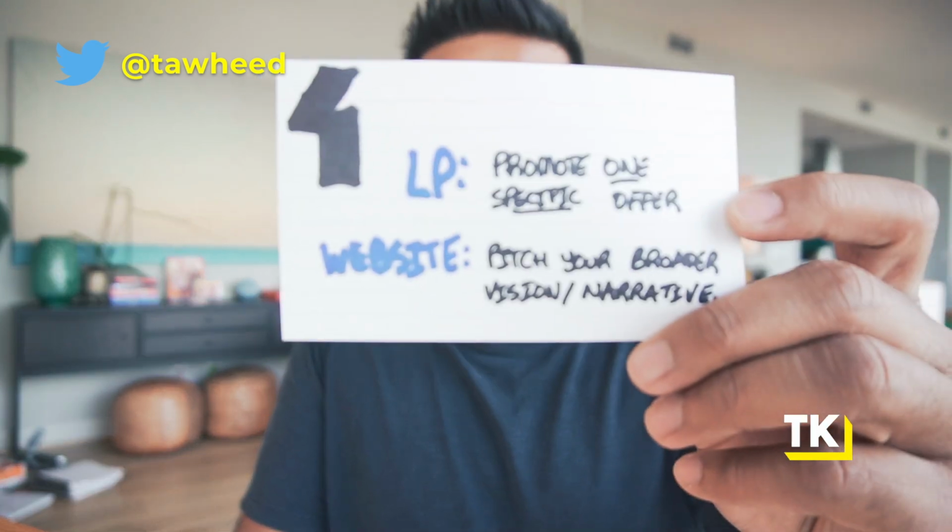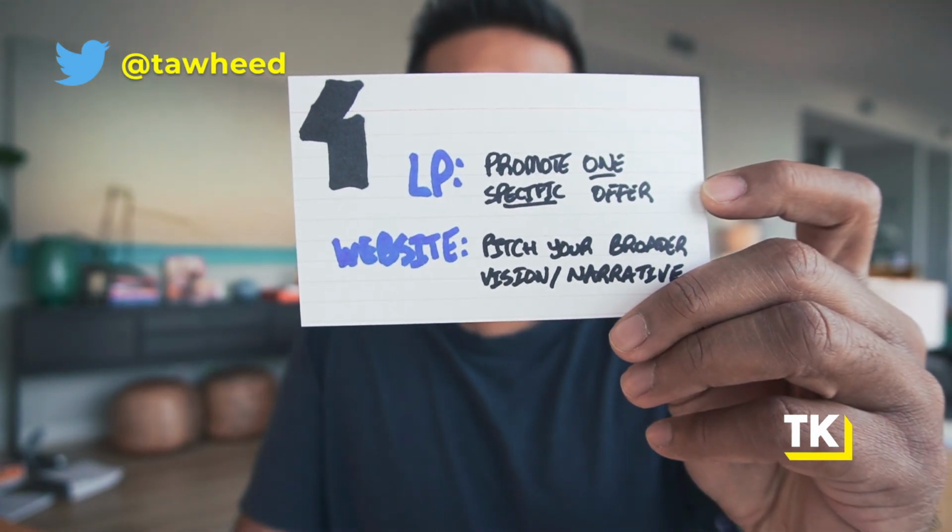You want to have the website that's pitching the broader vision, the why, why you exist, and what the true value you're providing is. But also you want to have the landing page like, hey, you want to grow your SaaS business? Well, I serve SaaS founders, we help you grow your SaaS business, so here's my 5-point SaaS growth strategy guide. So you want to promote one specific offer. That's one core difference. And hopefully by now you start to nail in on it: it's not one or the other. You want to use both. The website links to the landing pages, but the landing pages are used in specific ways. The website is used in specific ways, and they both help you grow your SaaS business, tell the story, and help prospective buyers navigate their customer journey. That's why this is super powerful.